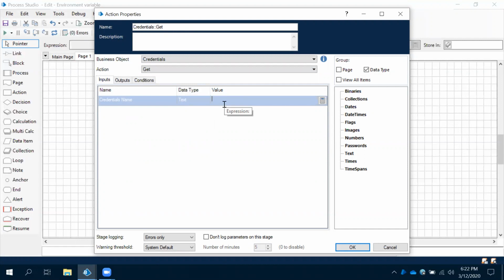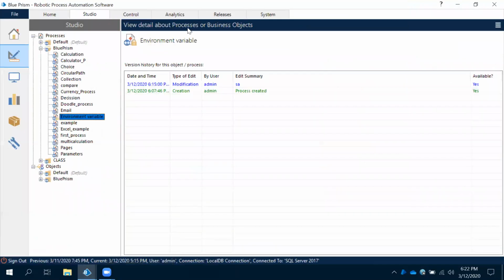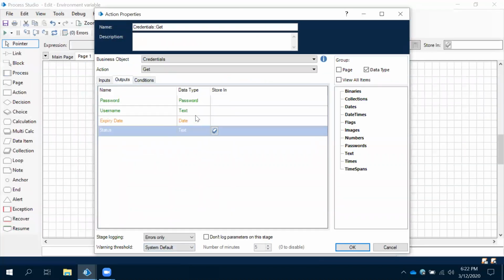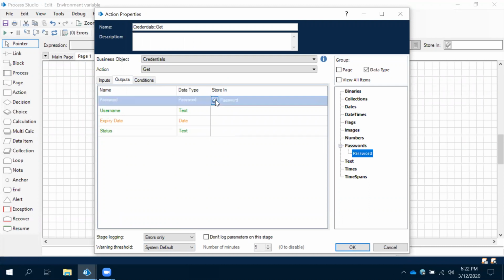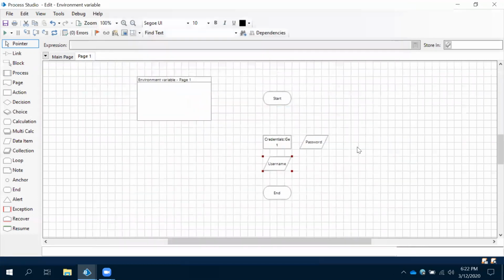What is the credential name? Credential name we have given CRED. This is a credential name which we have created in our system. And if you observe here, let me close this CRED, and then output. What we required, we need a password and we required a username. Okay, we have given username, and then we have a password. Give the link, and